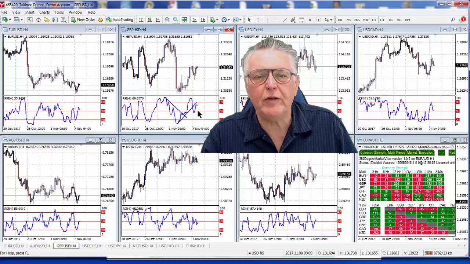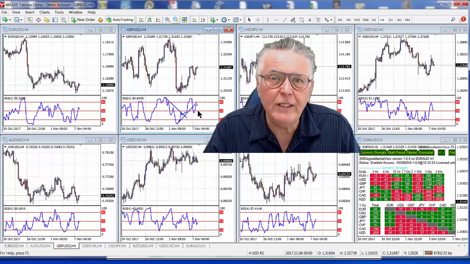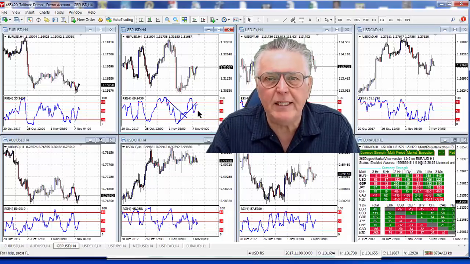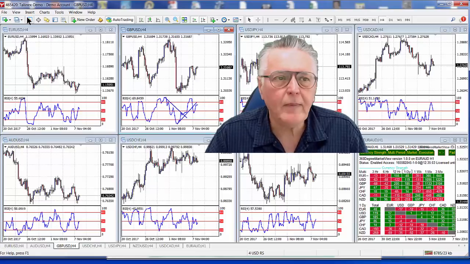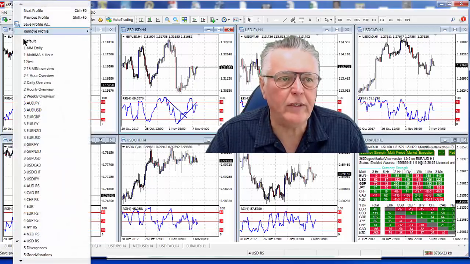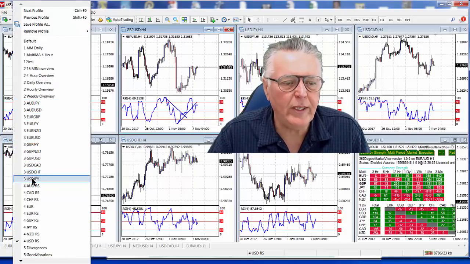So the two signals that we've picked up is the pound yen and the US yen. So it shows you the yen is possibly the mover in the market at the moment. So let's go and have a look at those currencies in a little bit more detail. So we're going to look at the US